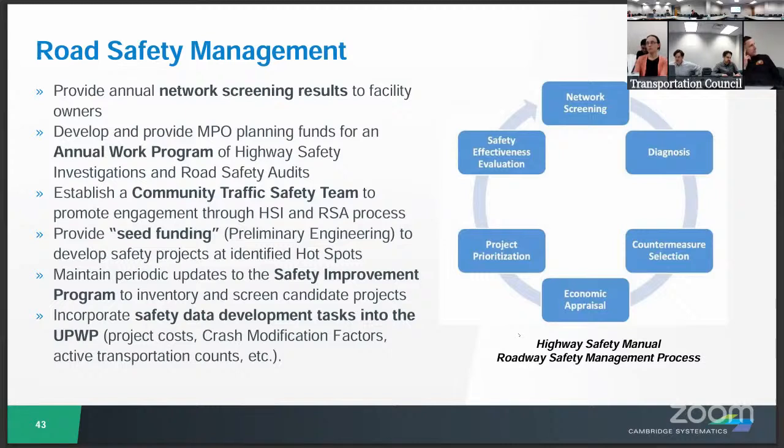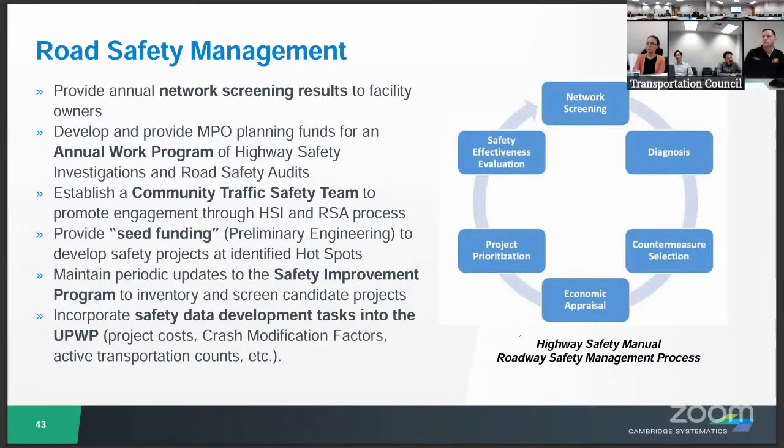Roadway safety management process. Andrew mentioned the Highway Safety Manual. So there's this overall feedback loop of assessing situations, going out there, diagnosing where they are, and selecting what we are going to do, countermeasure selection. The other few steps are working through the overall program process, but really in the first three steps, thanks to NYSDOT, this information and these capabilities at such a high analytical level are now available. So, making sure that we can share this work,